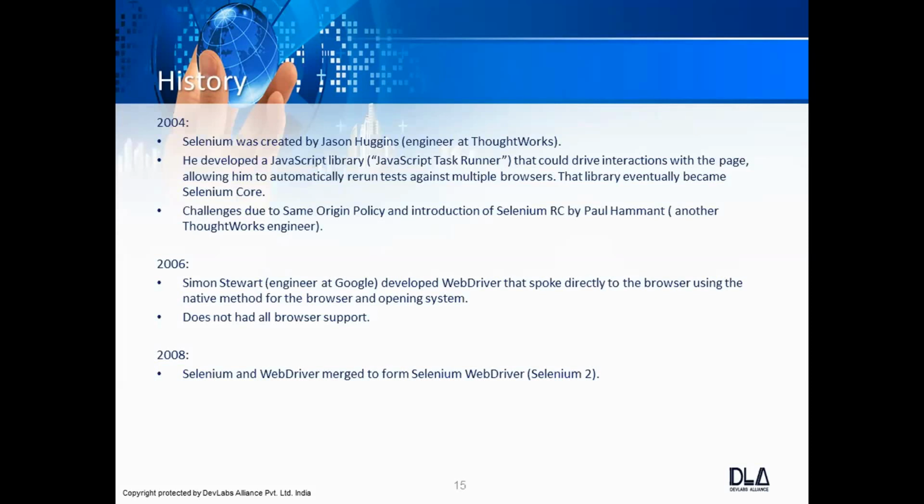So at that time, in one of the mails, Jason Higgins jokingly said that you need Selenium supplements to cure mercury poisoning, and that is where the name was given to this tool, Selenium.